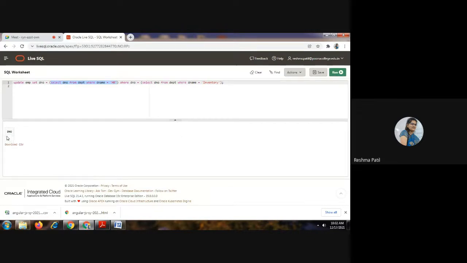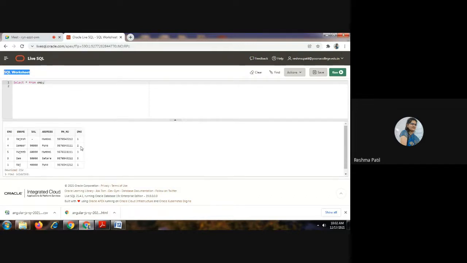Now again check that the department number is 3. Check the employee table again. Select star from. It is not changed, right? We have to change it.